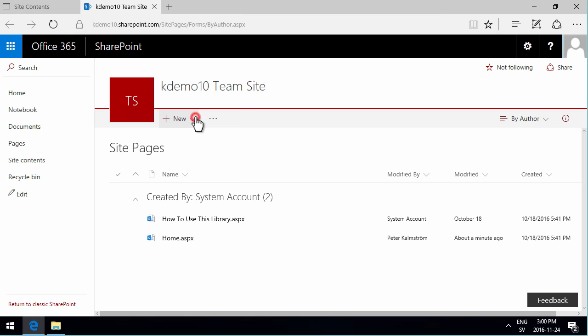And as you see, I have a new button here, and that has the three types of site pages that you can create. The wiki page, which I just mentioned, the home page was one of those, a Webpart page, which I'm going to show soon, and a site page. And the site page is a site page of the new page model. So let's go through all these. Wiki page,